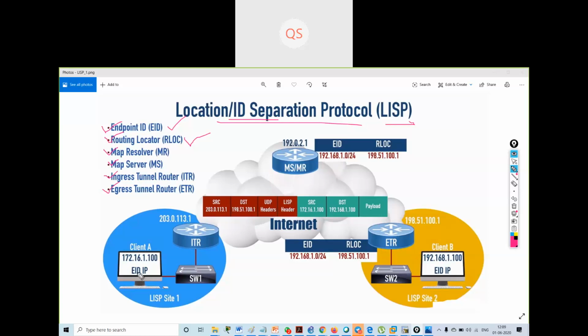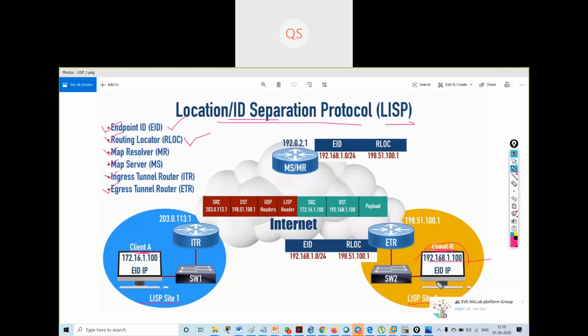So suppose my client A wants to communicate with client B. Currently client B is on LISP site 2, and client A is in LISP site 1. This is my server at LISP site 2, which has an IP address of 192.168.1.100.